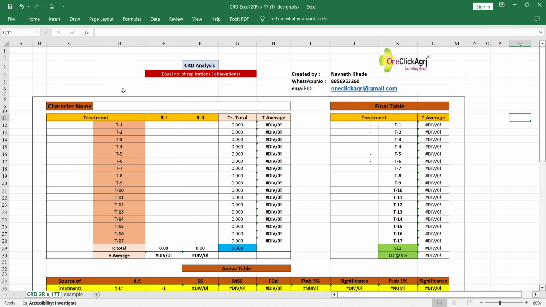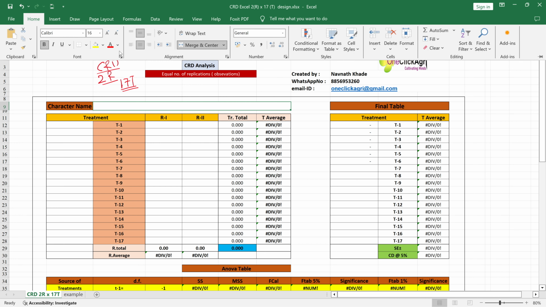Hello friends, in this session we are going to do the data analysis in Excel for CRD design, having 2 replications and 17 treatments. This is an equal number of replications or observations or plots. You can mention here the character name, whatever character you choose for the analysis. For example, let me change the color of that character name,